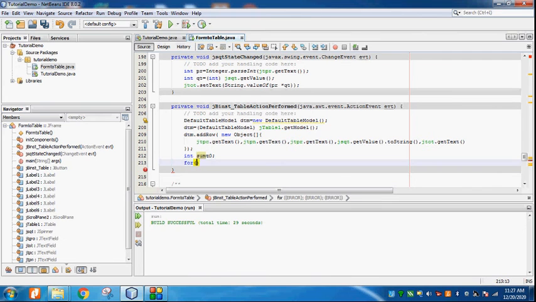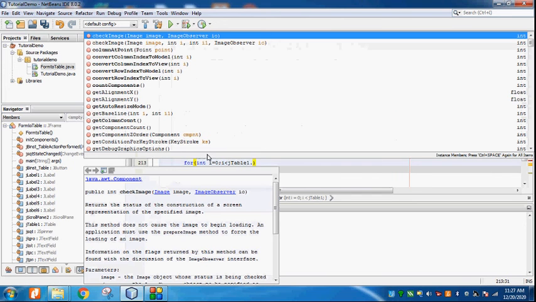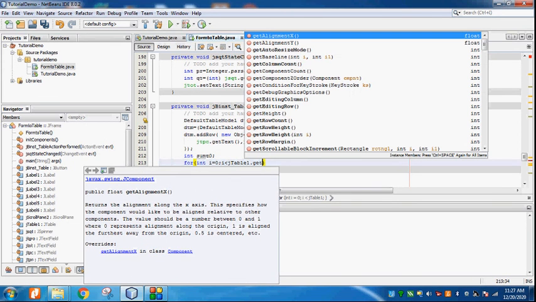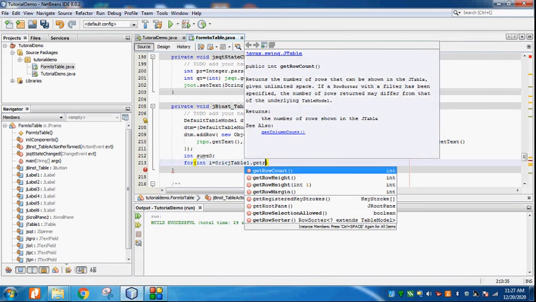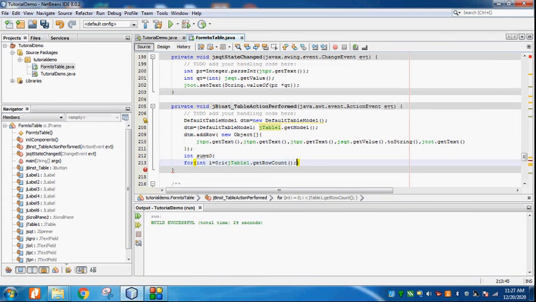So I have to use a for loop, for int i is equal to 0 semicolon i less than jTable1 dot getRowCount function semicolon i plus plus, opening brace for this and closing brace also.